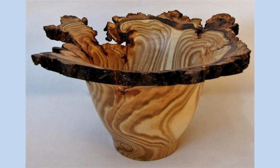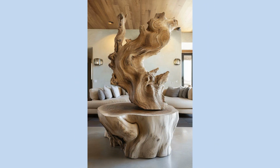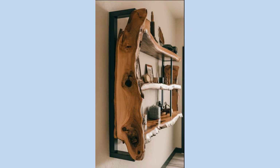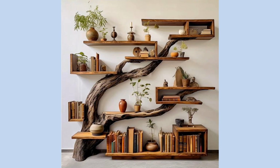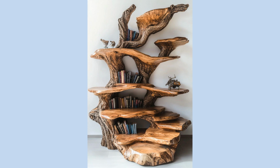Great for craft fairs, pop-up shops, or retail displays. Interactive wooden tree chalkboard. Design: a wooden tree with a chalkboard finish on the surface. Materials: MDF for the base, chalkboard paint for functionality, frame made from natural wood or a painted border. Style ideas: educational, add branch labels for kids to learn about trees; creative, use it as a message board or daily planner. Use: perfect for kitchens, classrooms, or playrooms. Outdoor wooden